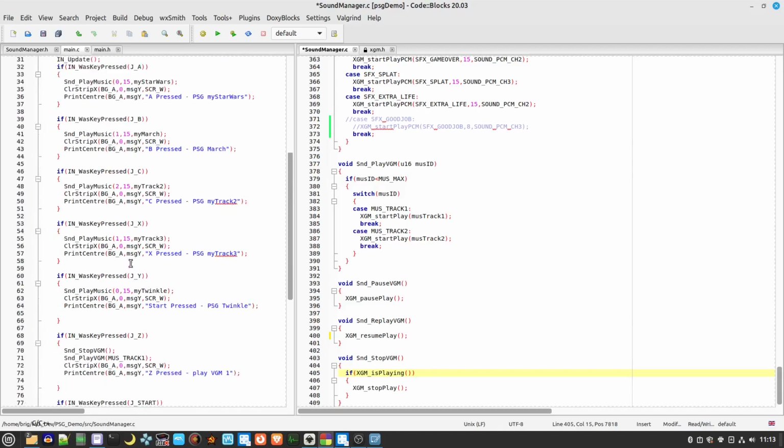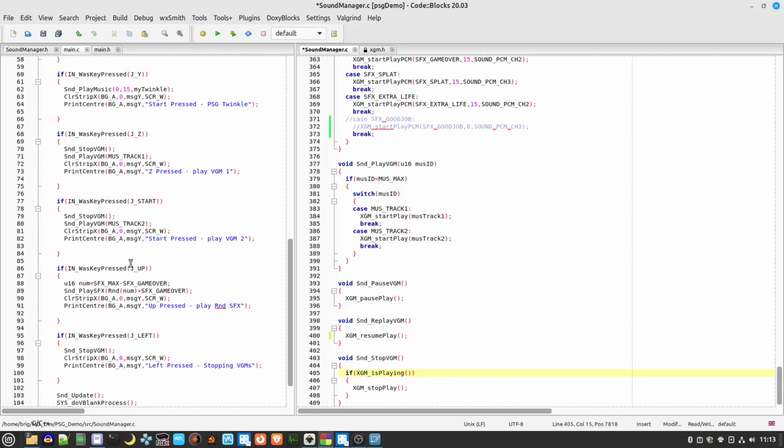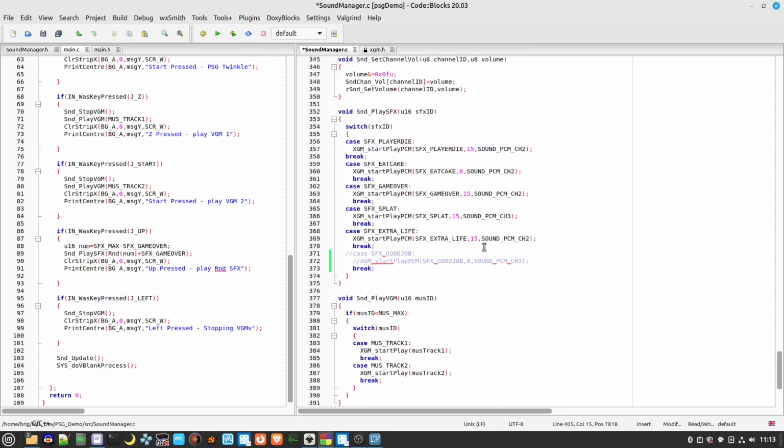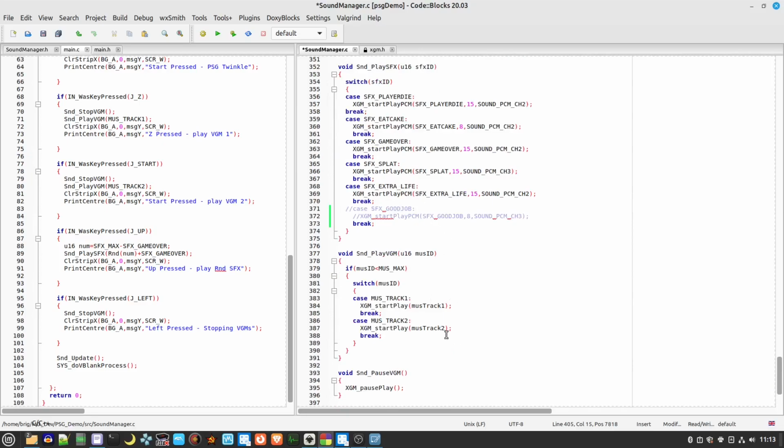No, I've not done it in here, I don't think. But definitely check out some of these other XGM commands. As this is at the moment, it's easily expandable and usable in your own games,